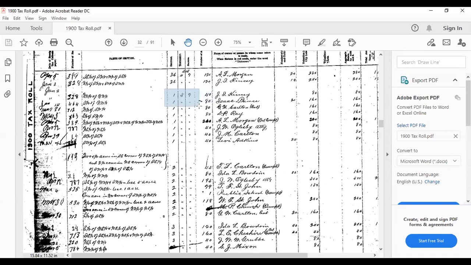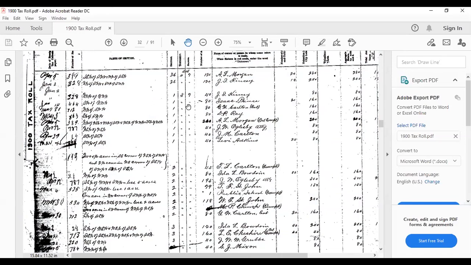Look here at this piece I'm highlighting. I am now seeing all the people. By the way, this is the tax roll I pulled for the year 1900. They do these tax rolls every year, so there's a different one of these horrific gibberish pages for every year. I pulled the 1900 tax roll because I just wanted to know who owned my childhood home property in 1900. By the way, I'm also going to get to figure out who the neighbors were.